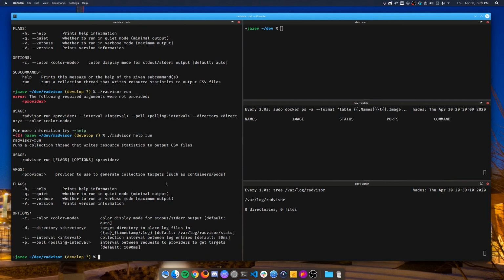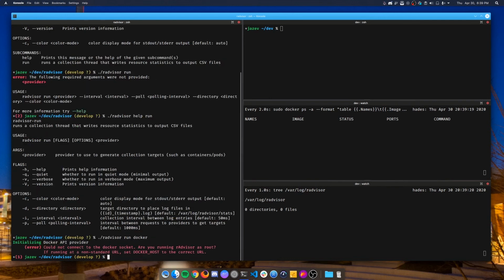It'll say providers, containers, pods, and if we run with Docker, we shouldn't see anything happen because there are no Docker containers running. In fact, here I forgot to run it as sudo, which means that it couldn't even connect to the Docker socket. If we run it as sudo,